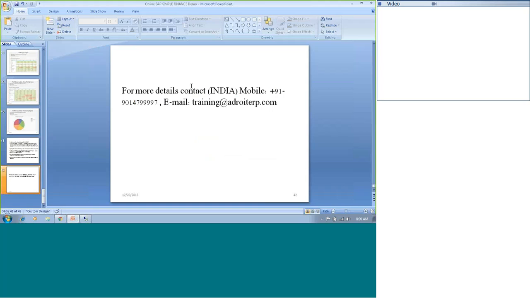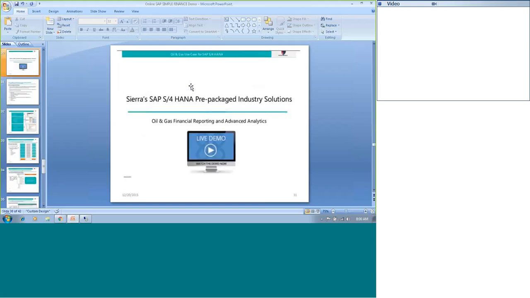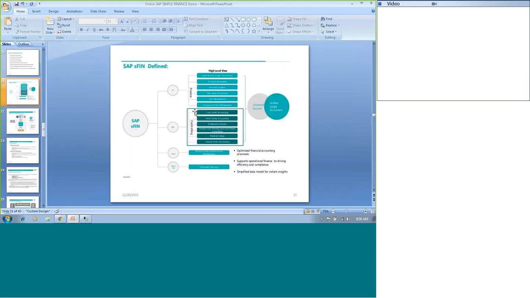And can you let me know about the COPA? I hear that there is no secondary cost element in Simple Finance. No, see, basically we use the term Simple Finance. Here we customize 70% of controlling, 30% of financial application. So that only in my diagram I mentioned clearly, I highlighted the application. See, we start from controlling and then finance. Before, we started from finance and controlling. Now it's vice versa.